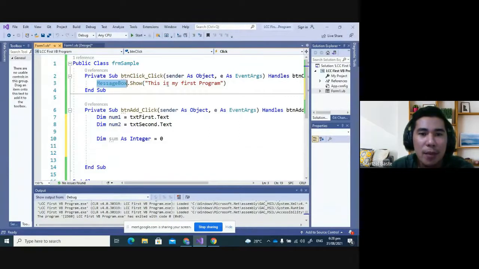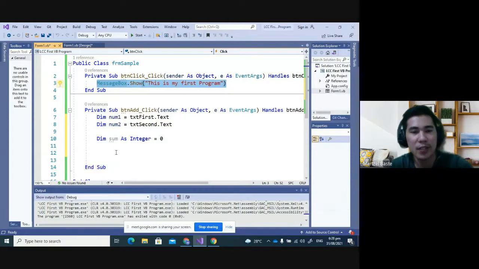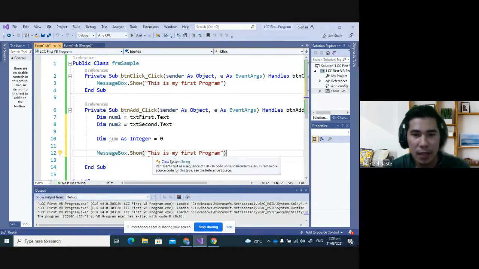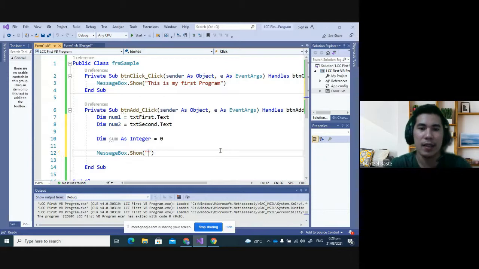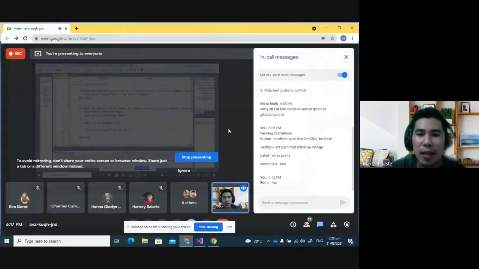Earlier you saw the message box. So let's say we display it in a message box. And then let's say the sum is, so by the way, in the concatenation operator